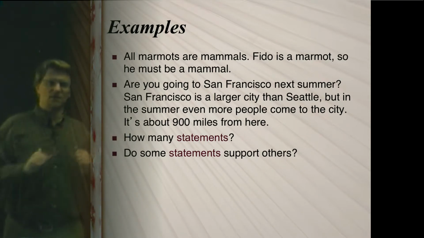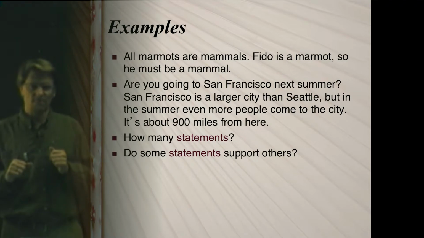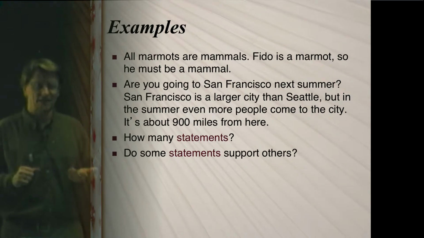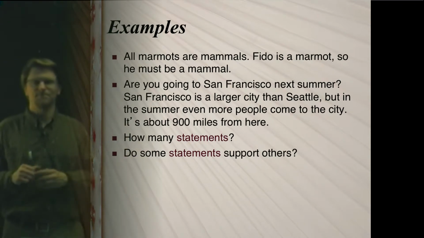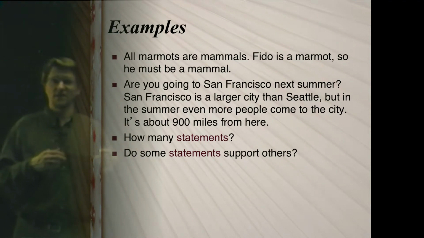In the second example here about San Francisco, we can think about that a little bit. Yes, we do have multiple statements in that passage, but what distinguishes it from the first example, of course, is the fact that in the second example, none of those statements is supporting anything. They're not trying to prove anything. It's not as if 2 of the statements are providing evidence for one of the other statements. So in fact, the second example is not an